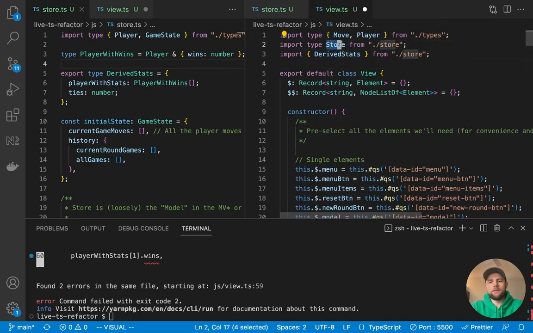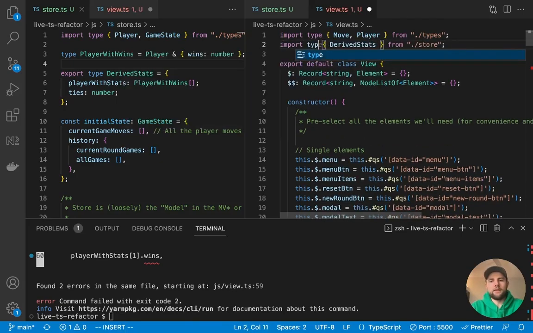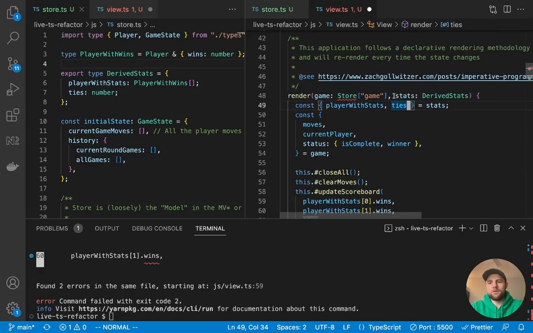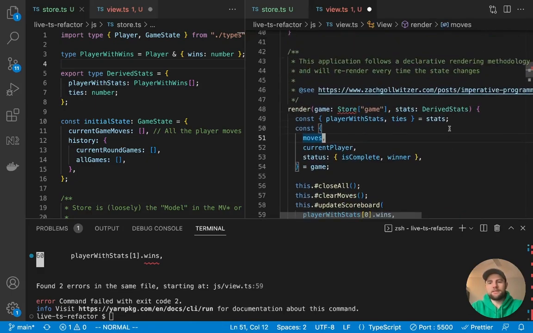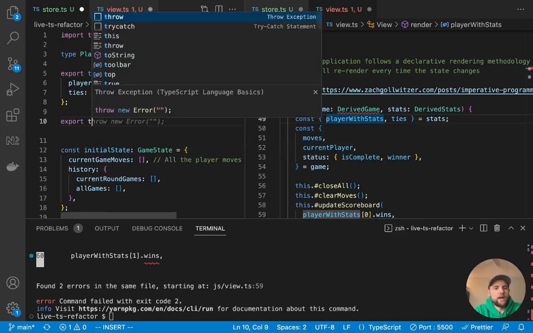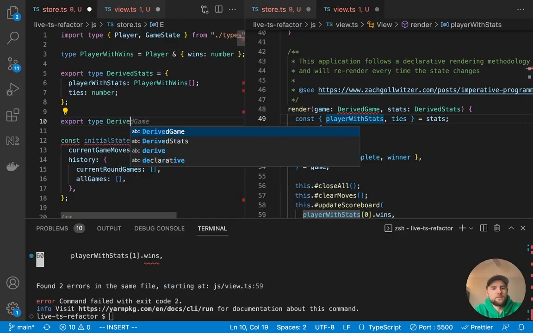So we no longer need this right here. We'll get rid of that entirely, and then we'll add a type annotation, so we're just importing the types. So now stats is derived stats, and then let's also say derived game. This has not been defined yet, but we can export that as derived game.